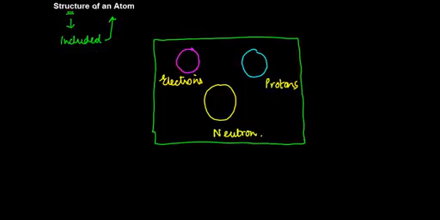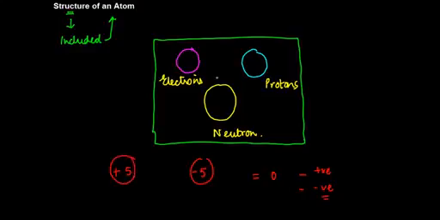Just like in normal life, if you do mathematics, you would understand that +5 when added to -5 gives you 0. 0 is neither positive nor negative. You must be wondering, why am I giving you this example? This is something similar to what happens in an atom also. So in an atom, the positive